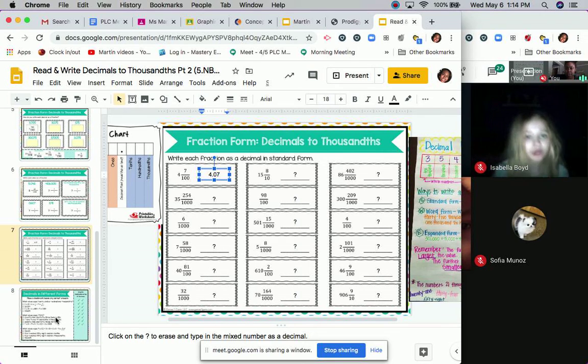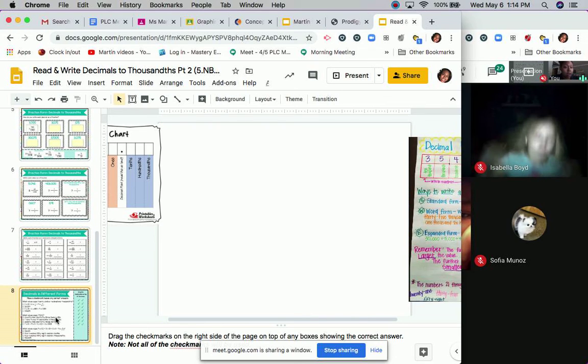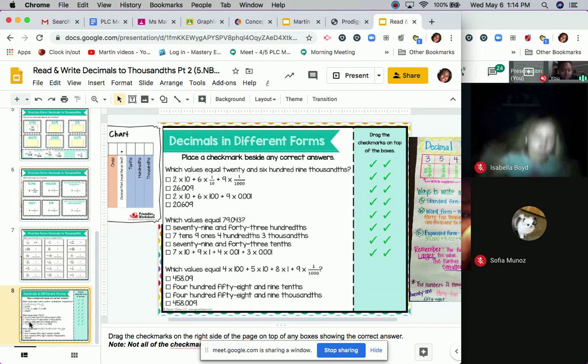And here is that last page. The most important thing about this last page is that there are 3 questions on here, and each question has more than one correct answer. And you just have to use the check marks to show which answers are correct, okay? You won't use all of the check marks, but there should be more than one correct answer for each of these. So which value equals 20 and